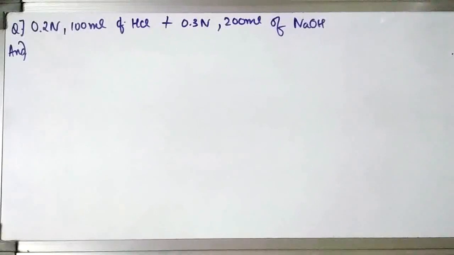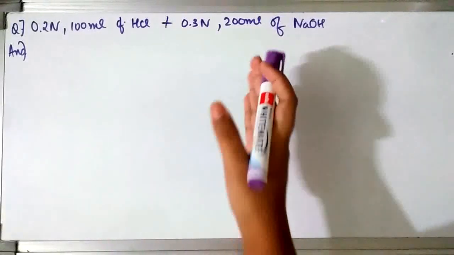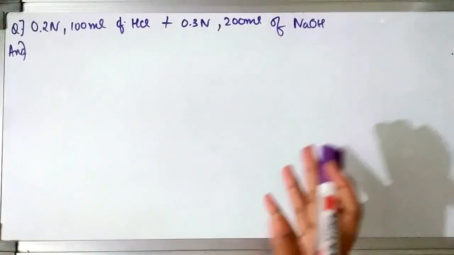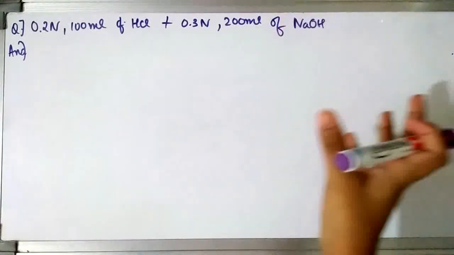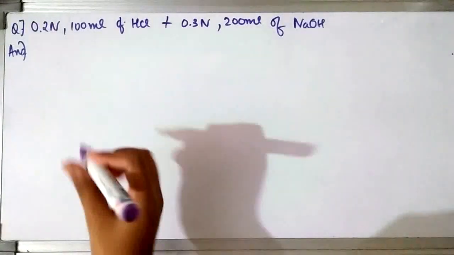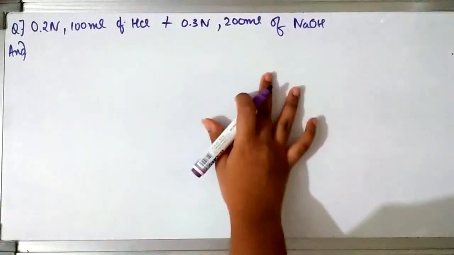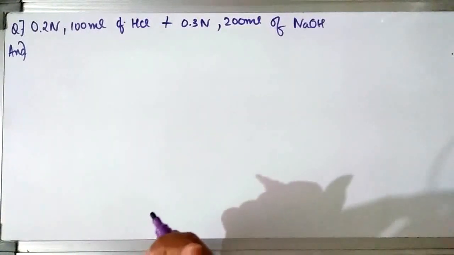Now for producing H plus ions, the mixture has to be more acidic, that is the gram equivalents of HCl should be more. And for producing more OH minus ions, the mixture should be basic. So for that, the gram equivalents of base should be more so that the mixture can be basic. So first, for finding the normality, we have to check the gram equivalents of both acid and base and see whose gram equivalents are more. According to that, we have to put the formula.